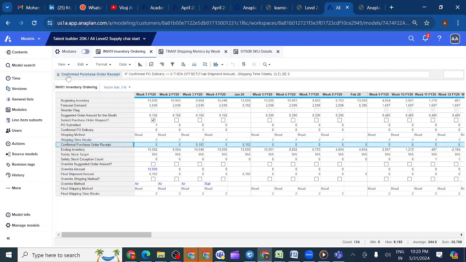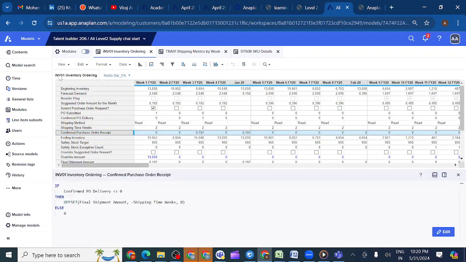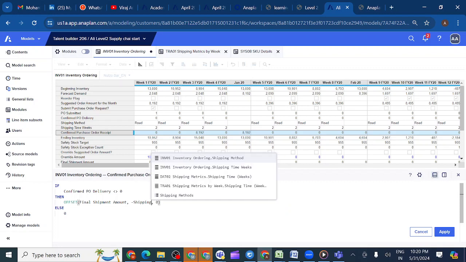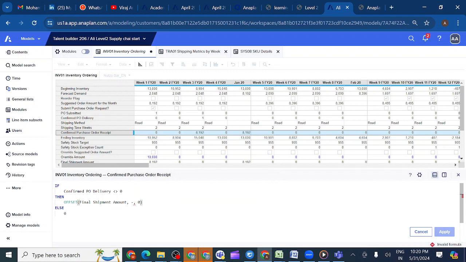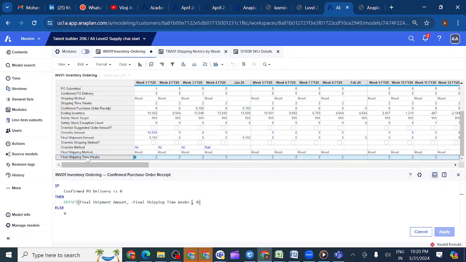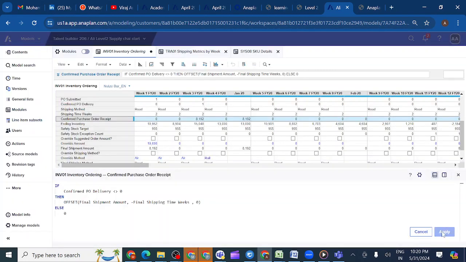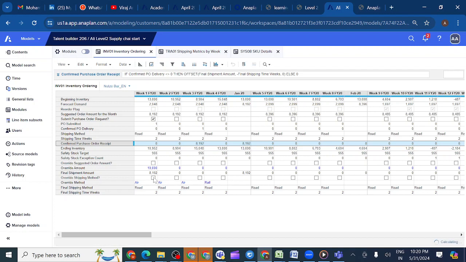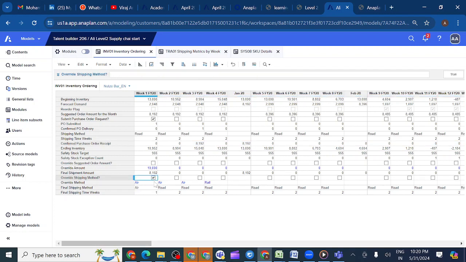Here also we need to confirm purchase order receipt as well. We need to check and change the formula. Here also we need final shipping time in weeks. We should change it and we'll get the updated time. If you change it, you can see here. If I do this one, we'll get the updated one. So in this way you can see here. If I select this one,